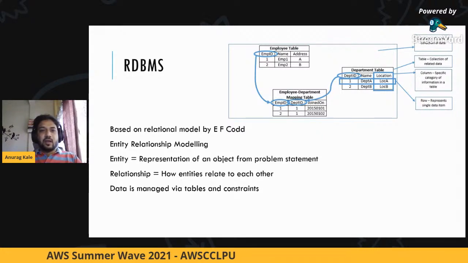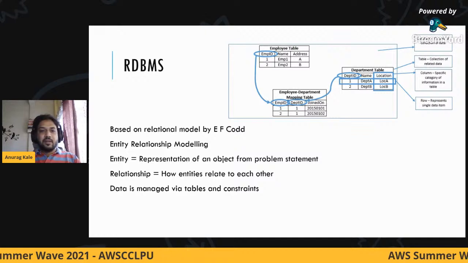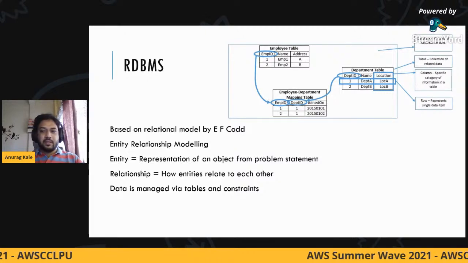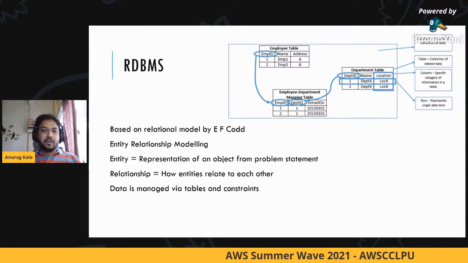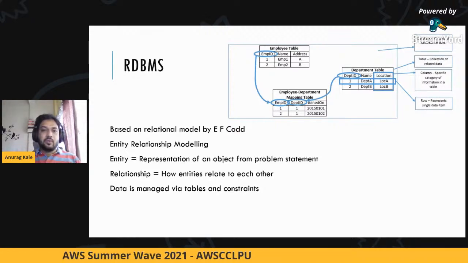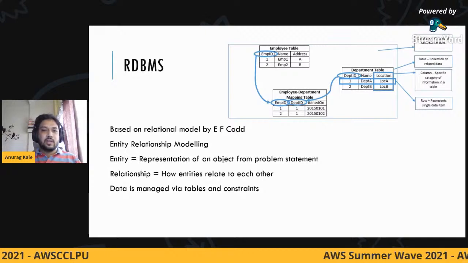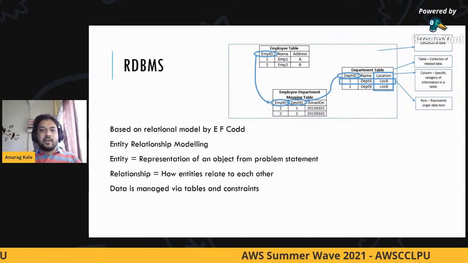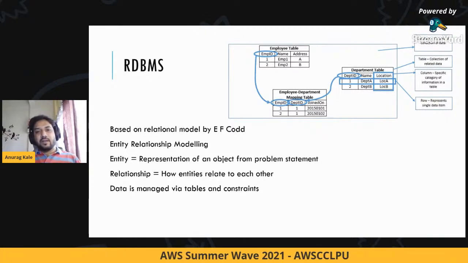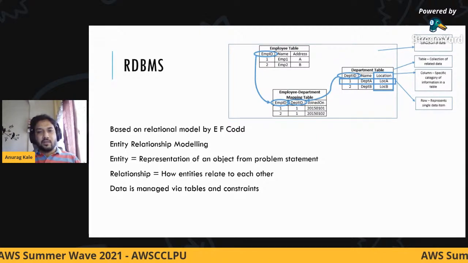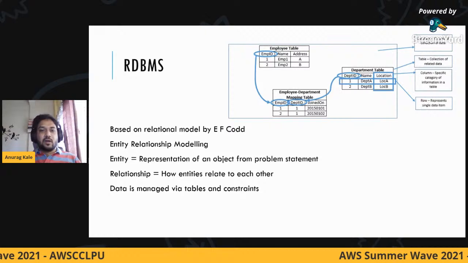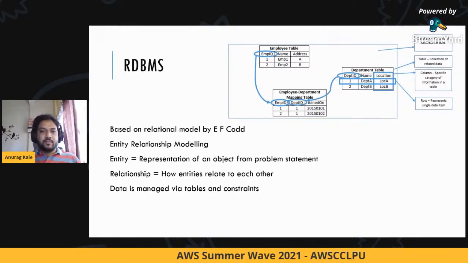So basically our employee and department table can be applied to any company. Let's say, for example, if you're working in a software company, then you are an employee, and a software company wants to have a list of its employees, know where they are residing and all that stuff. Within a company they have multiple departments, so there is a different table where there are departments. Now how do I know which employee belongs to which department, right?